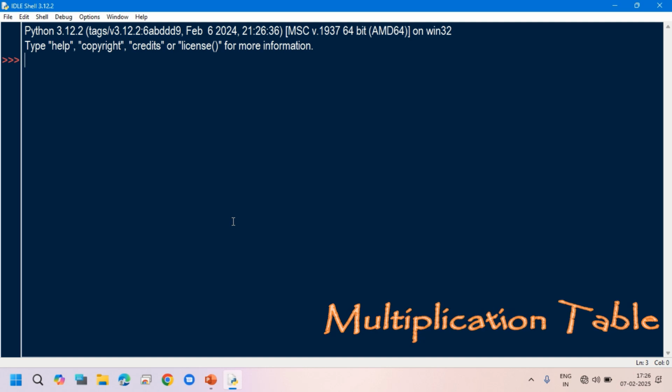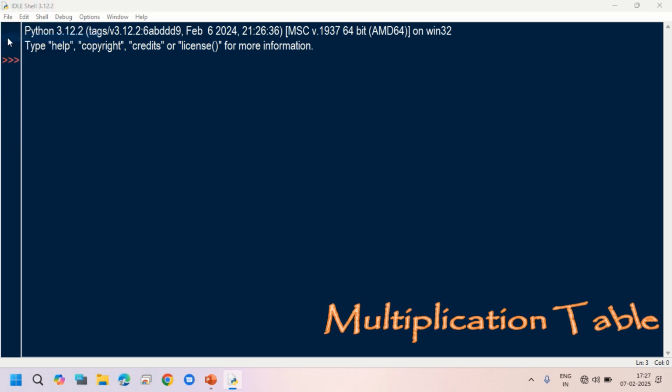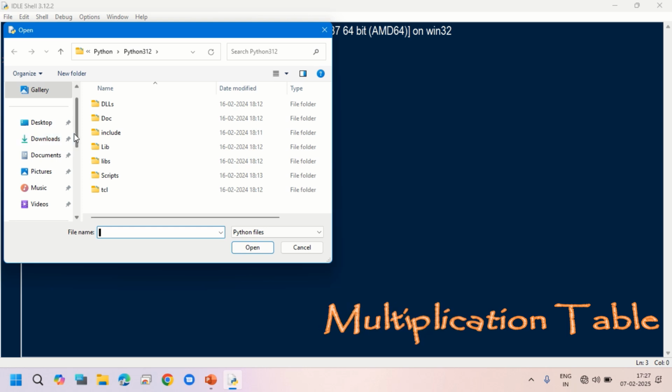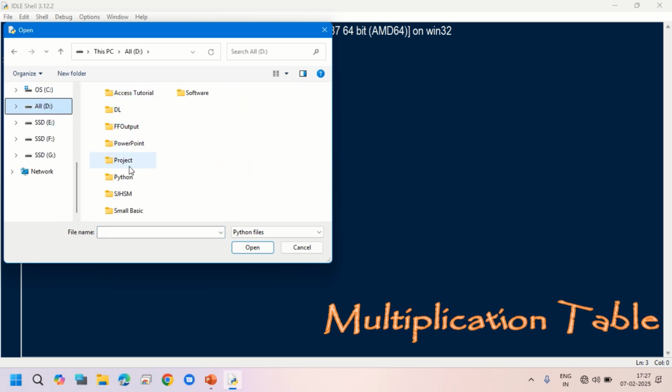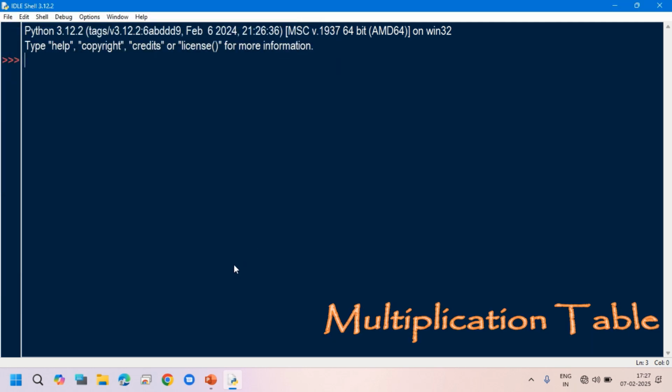Hello students, I have opened Python and today I would like to discuss the loops. So for that I have done a few programs and I would like to open the first one. So let's open it. So you can see I have done a few programs. So I would first open the multiplication table program